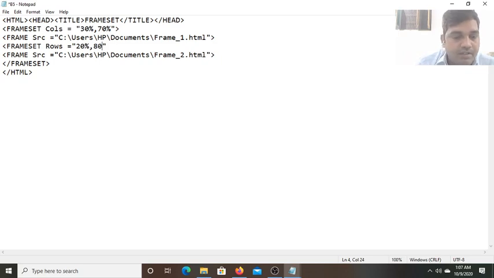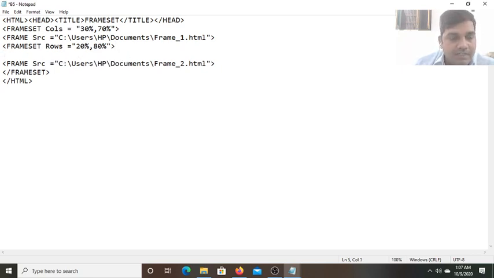Okay. Frameset rows equals to 20% and 80%. And after that we will close it. Okay. Now after that we will close the frameset tag.